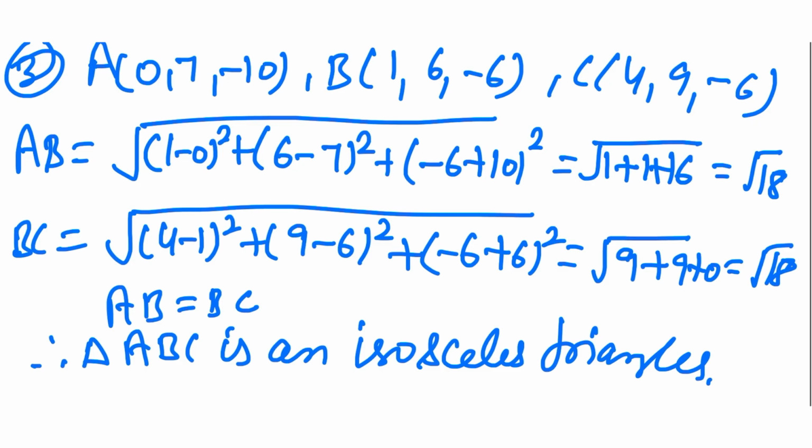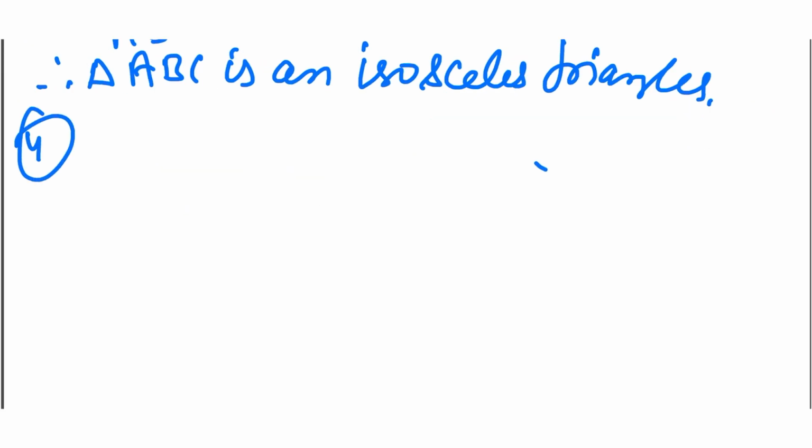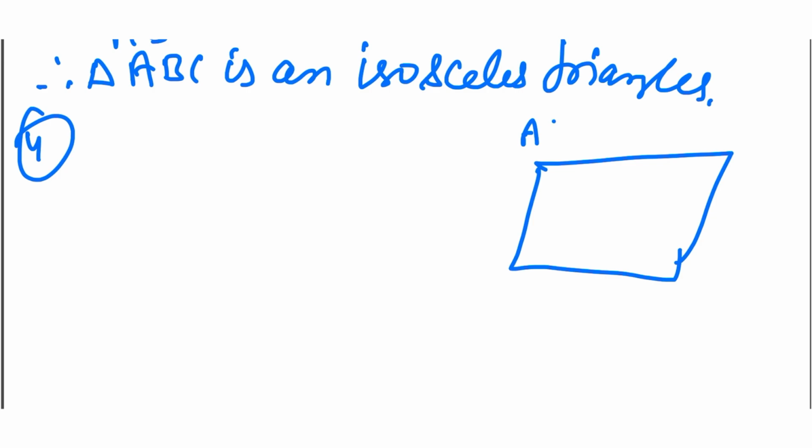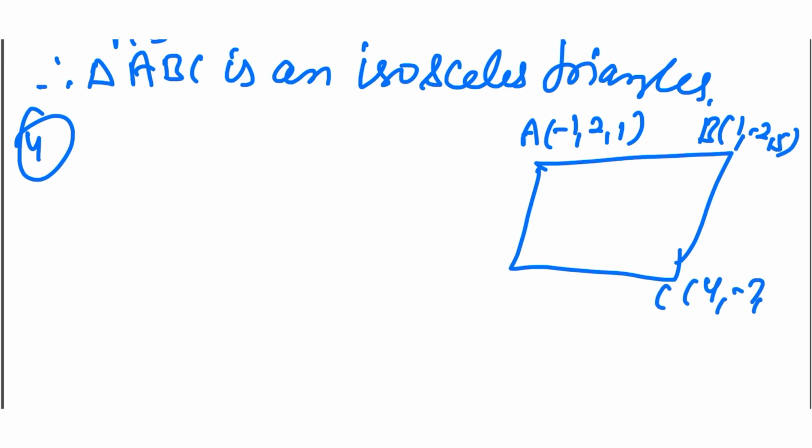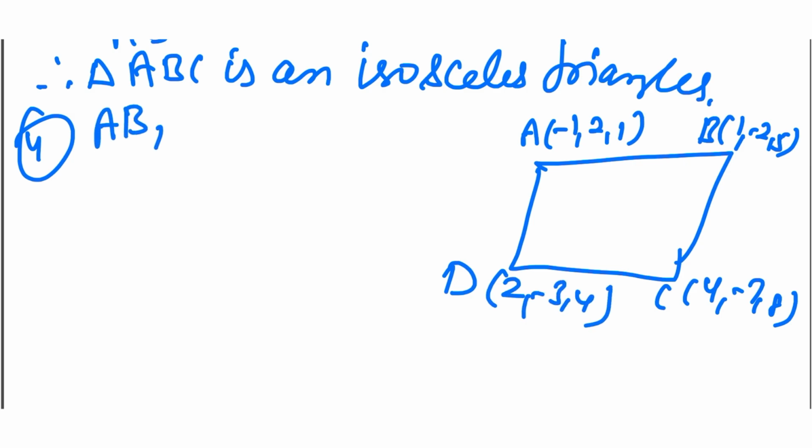Now we have another question: we have to verify whether these are the vertices of a parallelogram. So in that, we have to prove it is a parallelogram. Taking the points in order, A is (-1, 2, 1), B is (1, -2, 5), C is (4, -7, 8) and D is (2, -3, 4). So here we have to find AB, BC, CD,